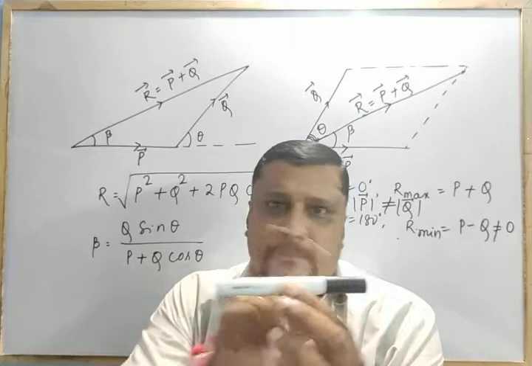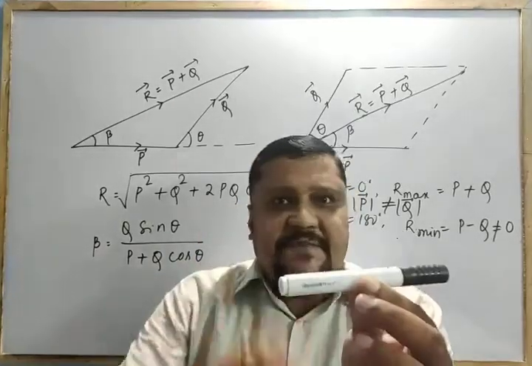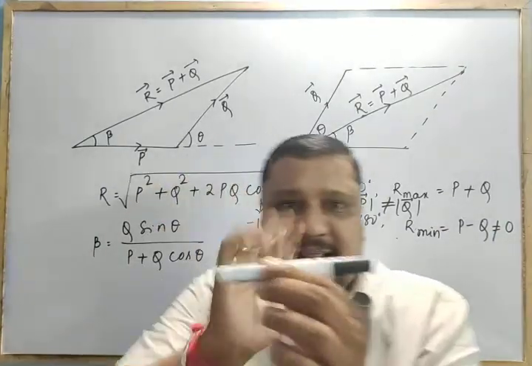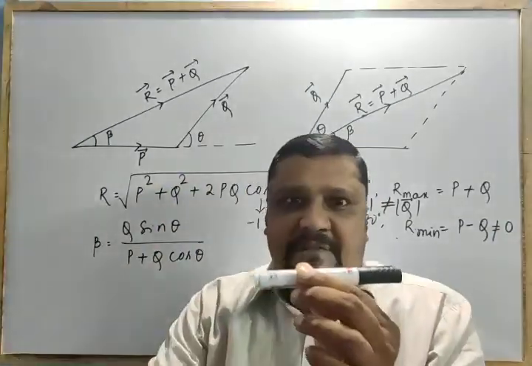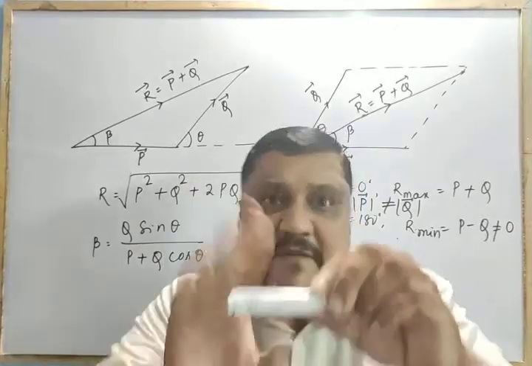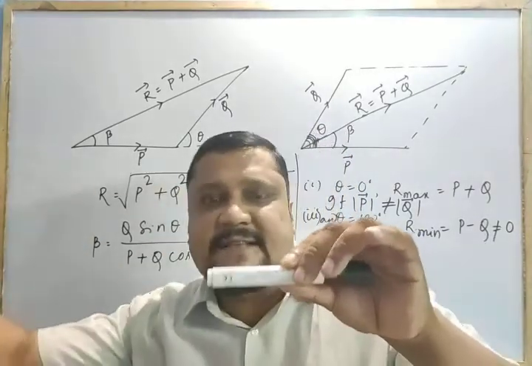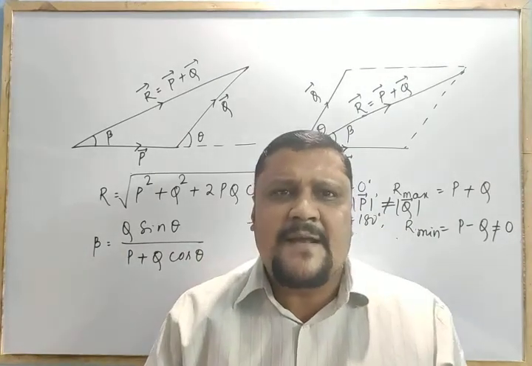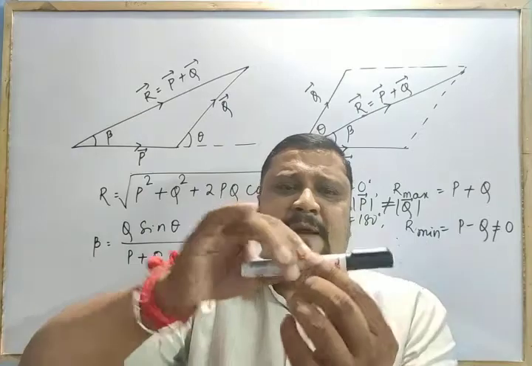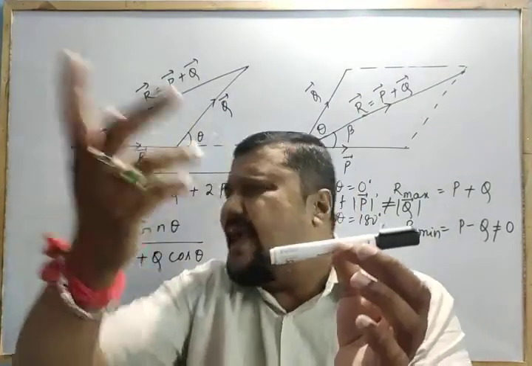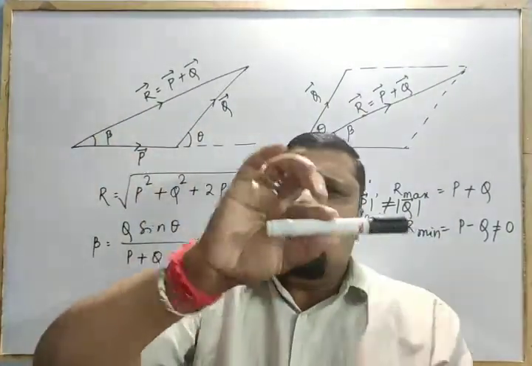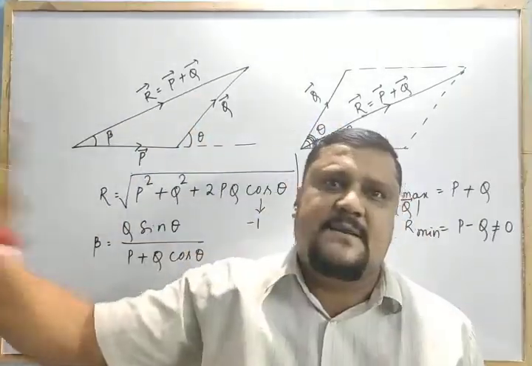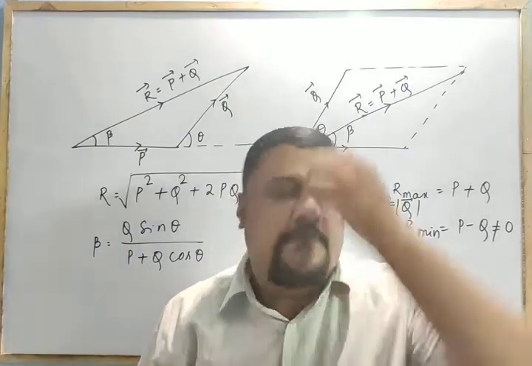Because they are anti-parallel, in opposite direction, and the magnitudes are different, 5 Newton minus 3 Newton gives 2 Newton in this direction. So what is the resultant on this one? Instead of applying 5 Newton and 3 Newton, if I apply 2 Newton in this direction, it has the same effect. So as you know, if I apply a force of 2 Newton, the body will go along this direction. Right? Are you getting it?